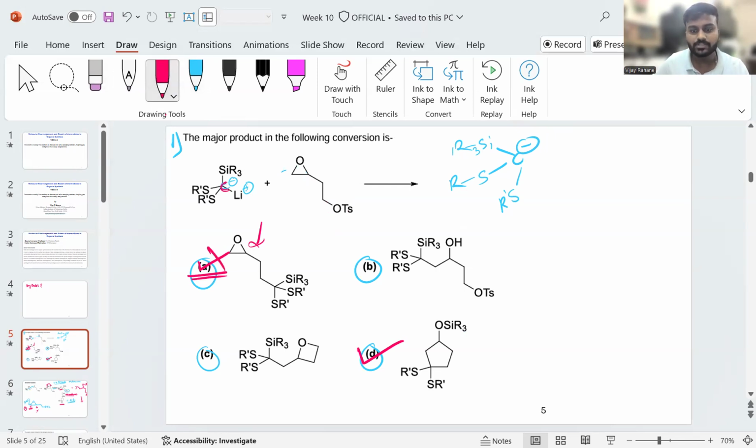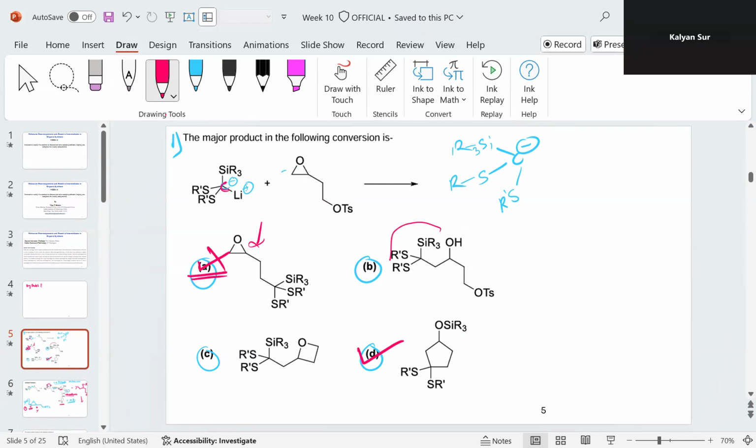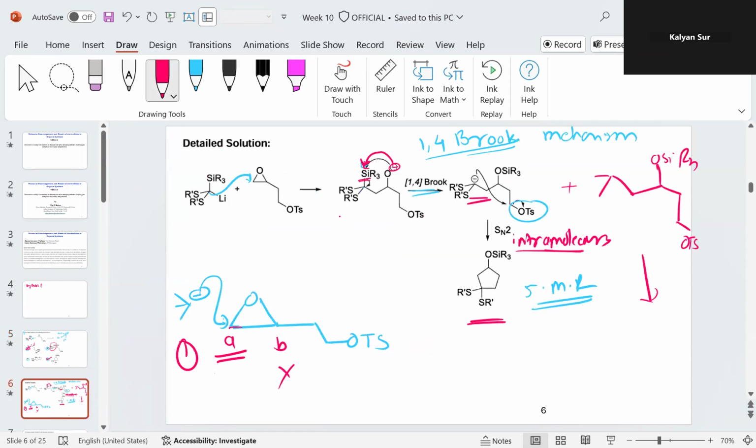If you look at the second product, they have stopped the reaction in between. This product formation takes place only by the first step of attack. If you look at their reaction mechanism, they have shown it up to here only, and then it takes the proton either from the solvent or the workup. So it leads to the formation of